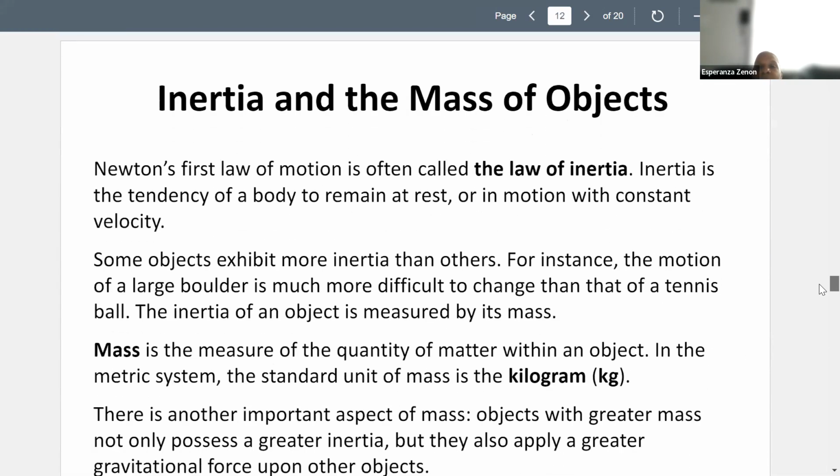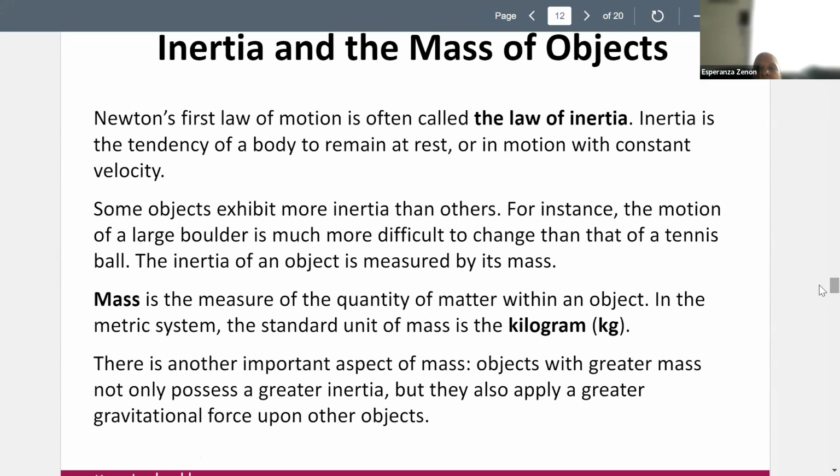So you see where Aristotle and even Galileo to some extent got things wrong. Newton came along and gave the correct explanation. Okay. Now, in order to have a real appreciation for this idea of net force and acceleration,